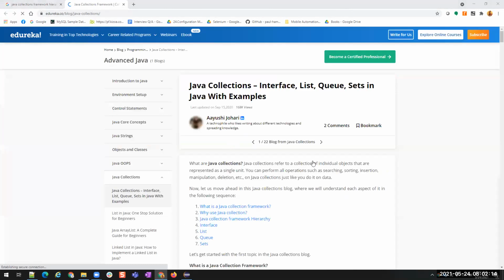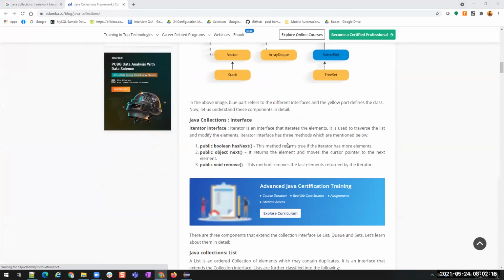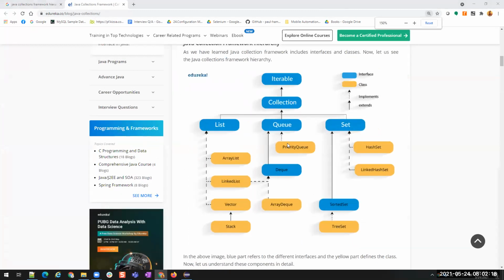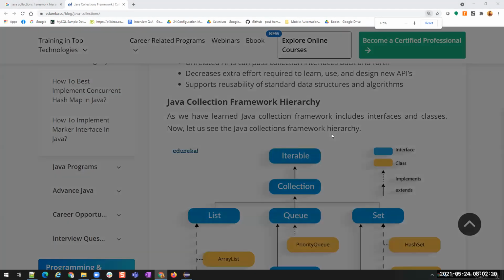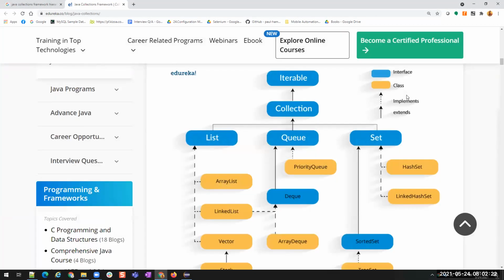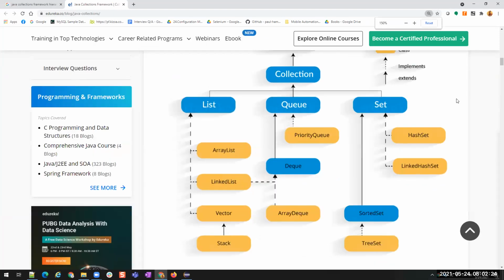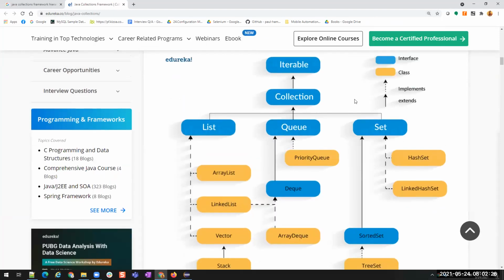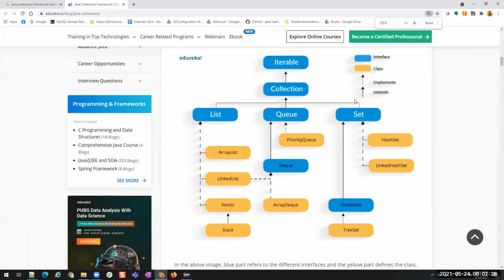This one. This is the Java collections framework. Able to see it? This is the collections framework that is present inside Java.